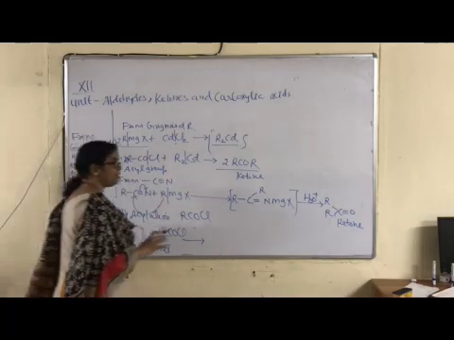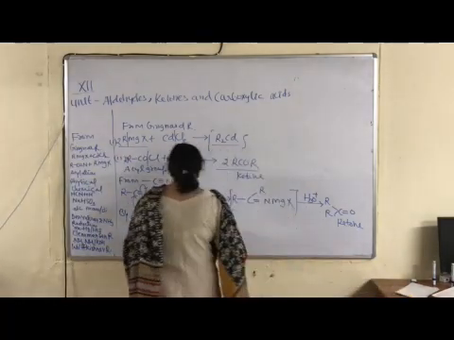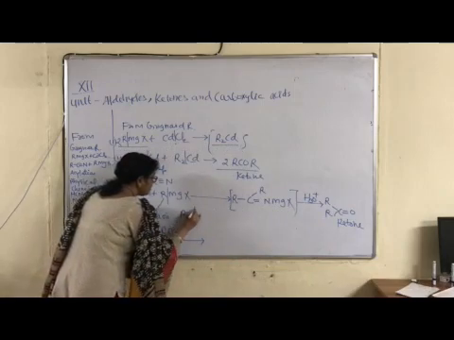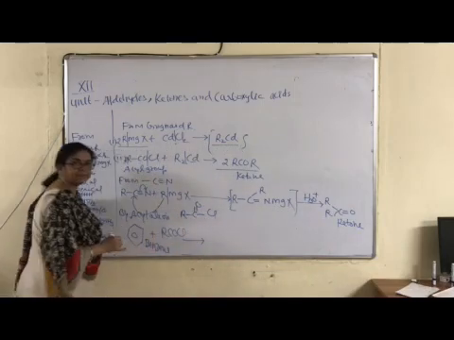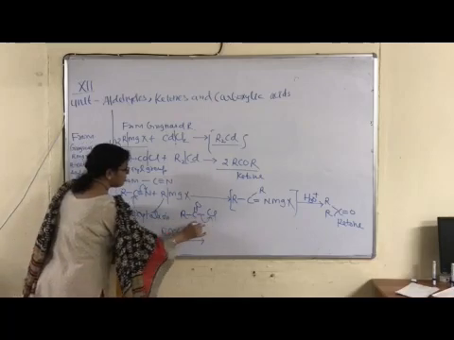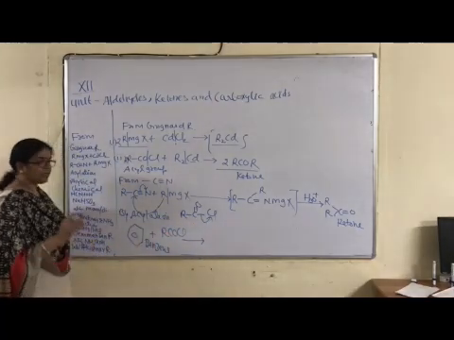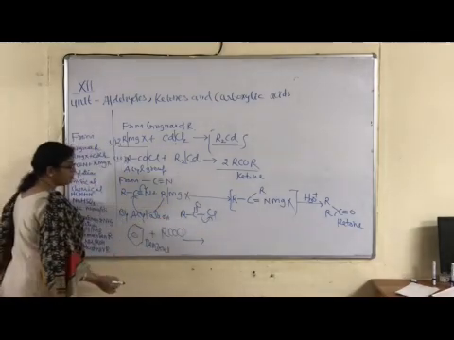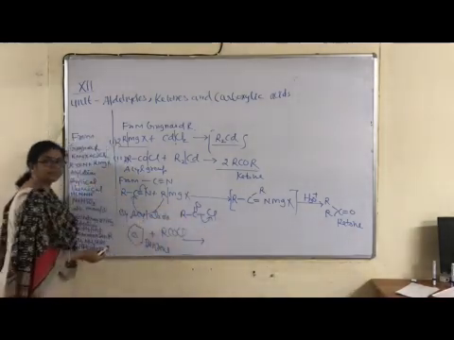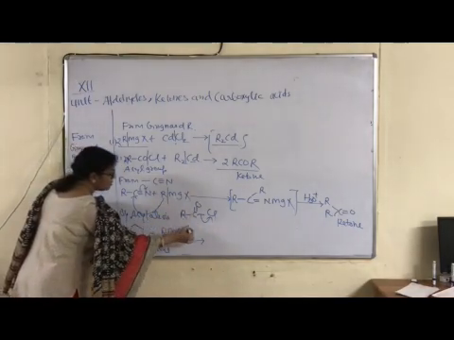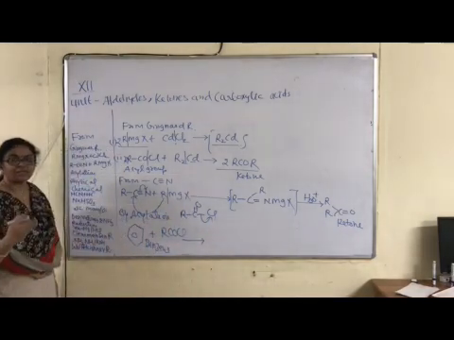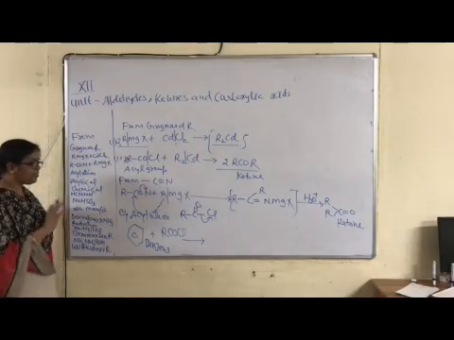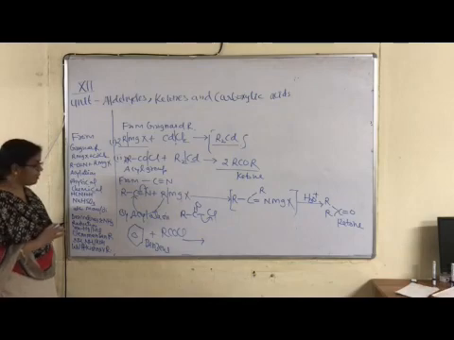Actual bonding in acyl chloride is present between C and Cl. This is the right structure, R, C double bond O and Cl. Right? Bonding between C and Cl, not between O and Cl. Bond cleavage occurs between C and Cl. Which part is negative? Cl. Which part is positive? RCO, which is known as acylinium ion. Positive charge is present on the carbonyl group, known as acylinium ion.